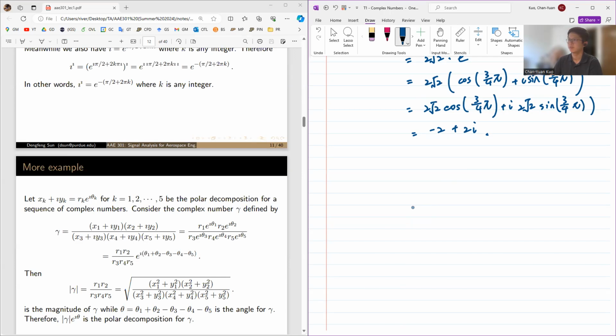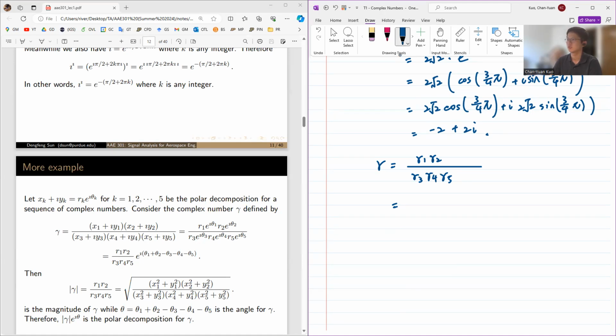compute this problem. So we have this messy expression here, gamma 1 and gamma 2 over gamma 3, gamma 4, gamma 5. So to evaluate this fraction, originally what we'll have to do is we will have to first compute what's gamma 1 times gamma